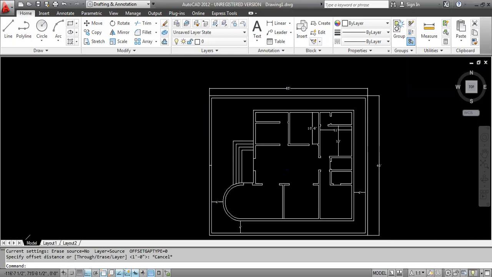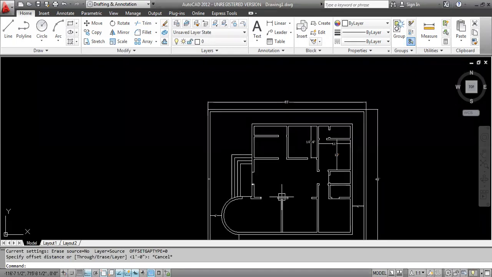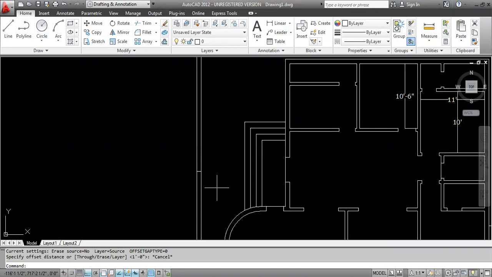But in the main entrance we could not give the gate. Why? Because we could not take any kind of vehicles from this area. This area was a little bit good, because this is somewhat large. That's why we will move our gate up to here. We will provide a 12 feet gate.